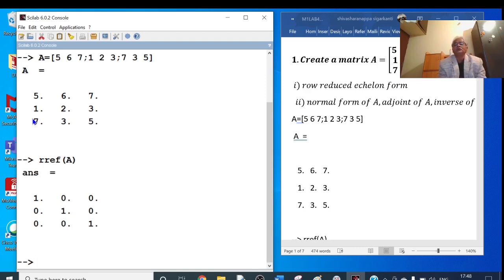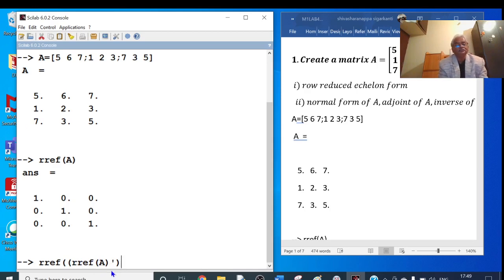Normal form. Normal form I have to write like this: RREF, open the bracket, and within this bracket again RREF bracket open A bracket close. Here we have to take the transpose of this, again bracket close. RREF of RREF: one bracket open, second bracket, third bracket.